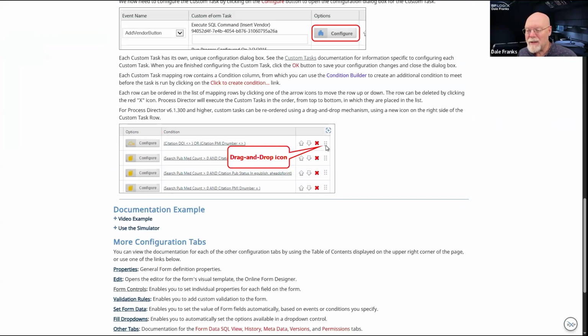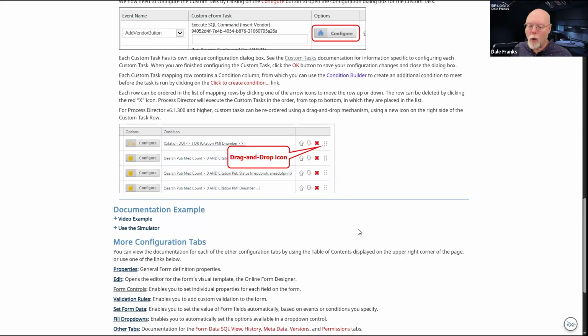There'll be this, I don't know what this is. It's 6 dots. It's like a 6 dice that has been squashed vertically. But that's the drag and drop icon, and you'll just be able to place your mouse on that, click and hold the left mouse button, and you'll just be able to drag it anywhere that you want in the list.